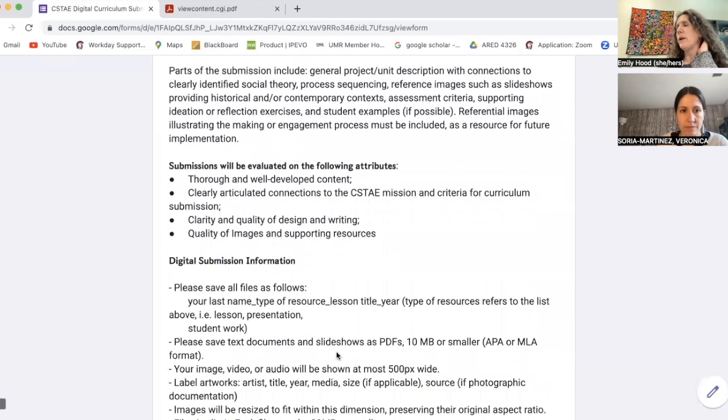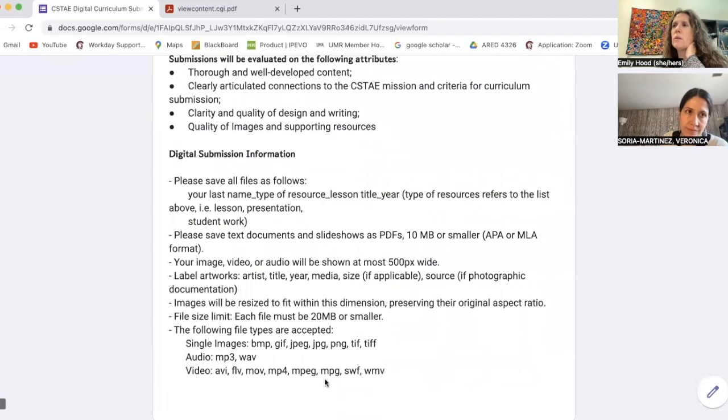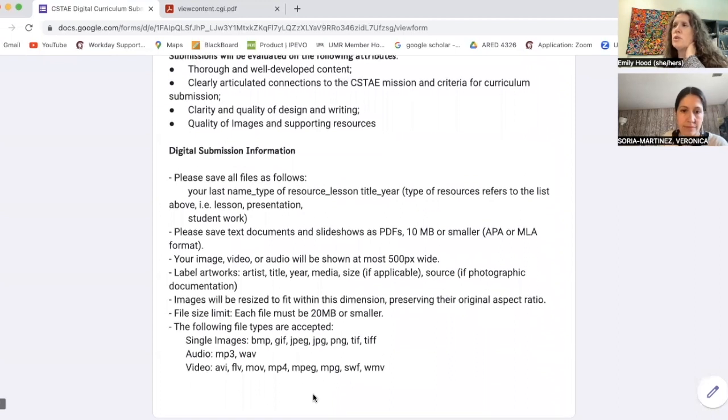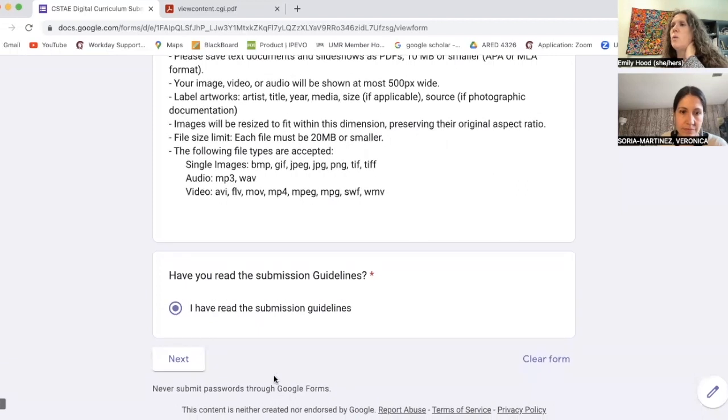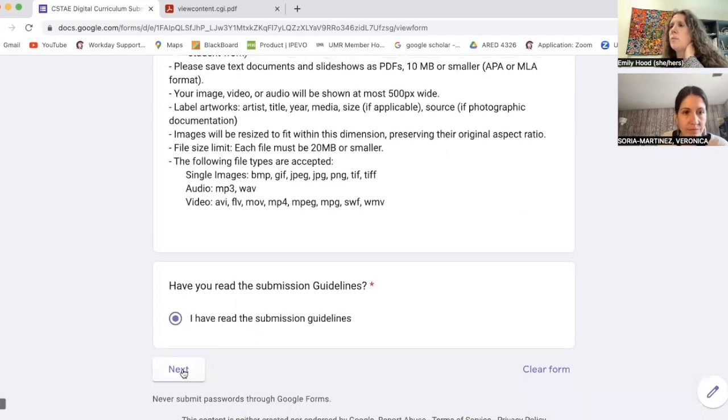We also evaluate on the following attributes: thorough and well-developed content, clearly articulated connections to the CSTAE mission and criteria for curriculum submission, clarity and quality of design and writing, and then the quality of images and supporting resources. And then there's all this technical information about how to format your files, so you'll need to pay attention to that when you upload your materials. And once you get there, you can just say that you've read the submission guidelines and hit the next